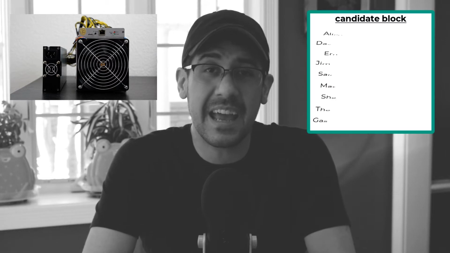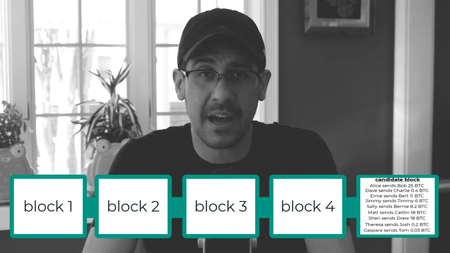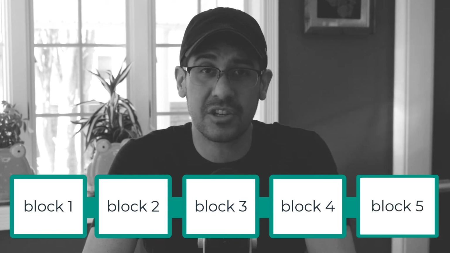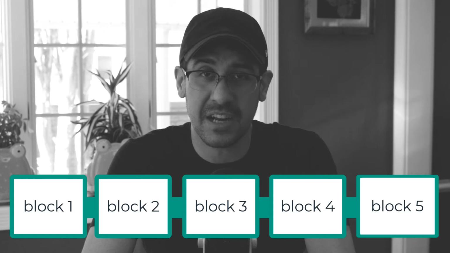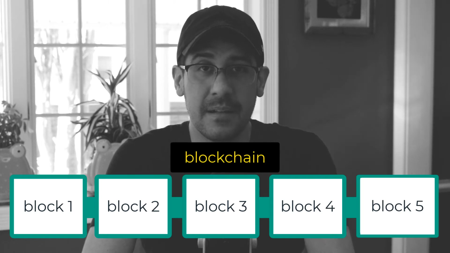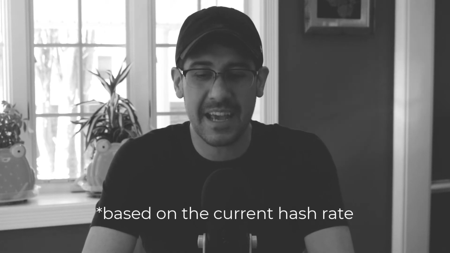Every miner on Earth, and remember there's thousands, is trying to guess the right number. And if they guess right, their candidate block full of transactions is added to the chain of all previous blocks that contain every transaction ever made on the Bitcoin network. This history of every transaction ever made is called the blockchain. But the game isn't from 1 to 10. It's more like playing a game from 1 to 65 sextillion,